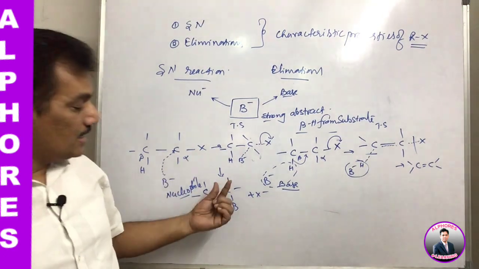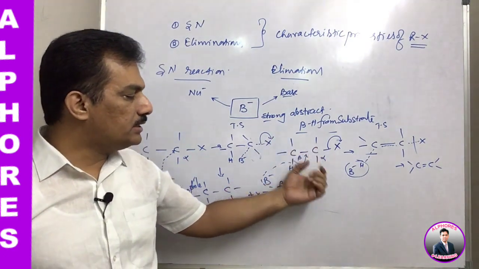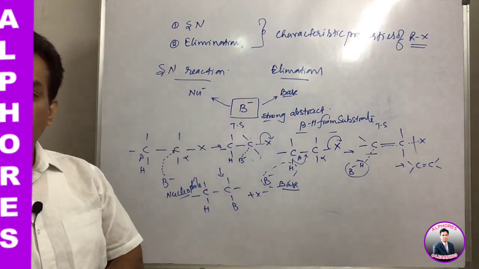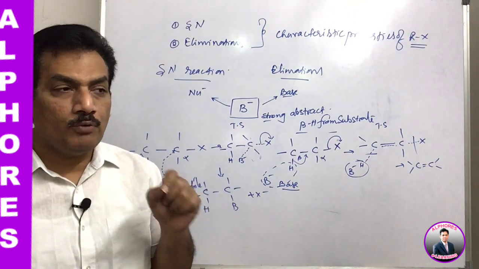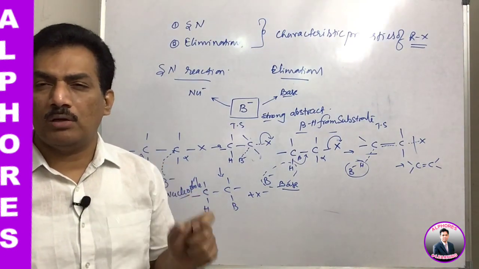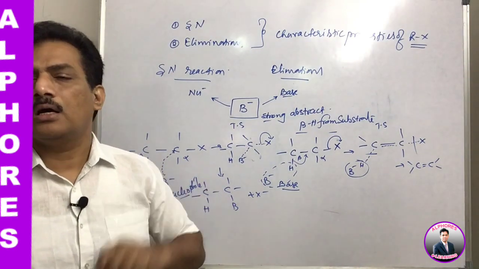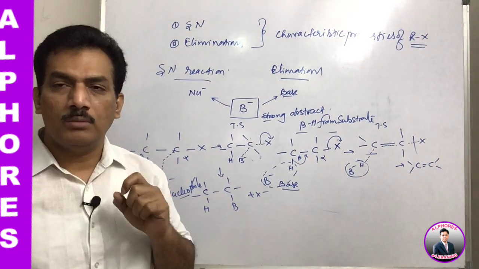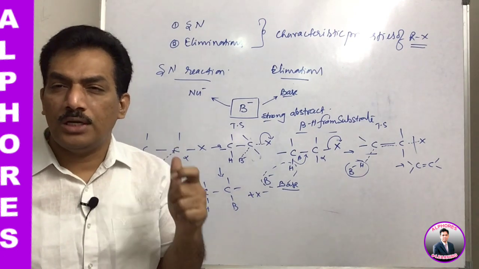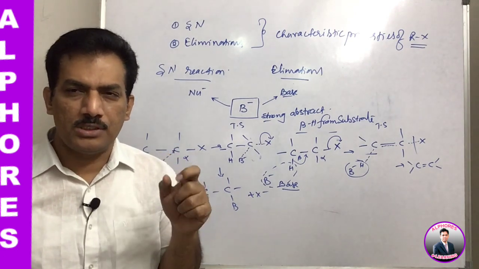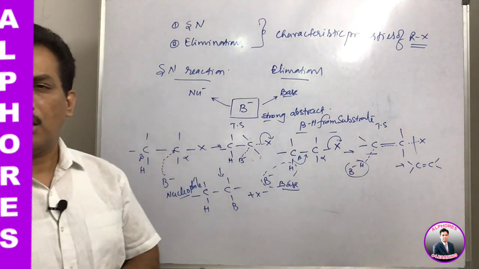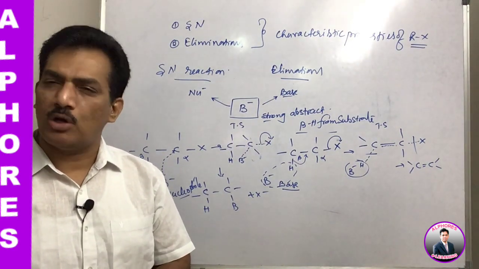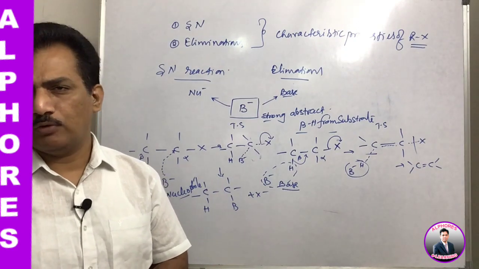Just to remember, any reagent that behaves like a base is said to be a strong base. And you remember, my dear students, again I am repeating, the term base, strong base, as used in inorganic or physical chemistry, we use the basic strength term only to explain how far the reagent or this chemical species is ready to donate OH minus or to release OH minus. A strong OH minus releasing group is said to be a strong base. Best example, NaOH, KOH, like that.